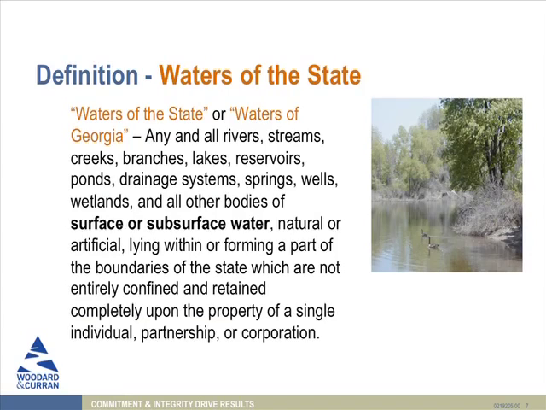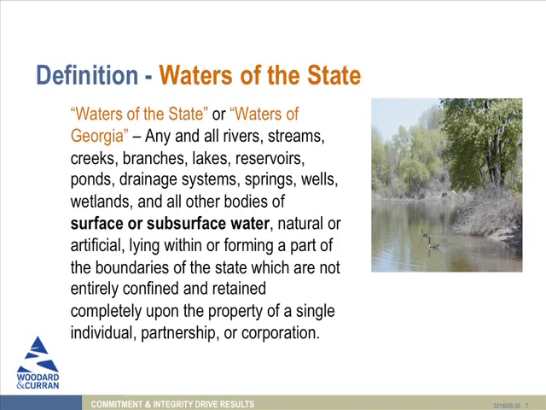Waters of the state, again, we've got big, long definitions, but it's important because if your discharge is not going to waters of the state, it's not regulated under the program. So as we read through this, what the definition includes are all rivers, streams, creeks, branches, lakes, reservoirs, ponds, drainage systems, springs, wells, wetlands, and other bodies of surface or subsurface groundwater, natural or artificial, lying within or forming a